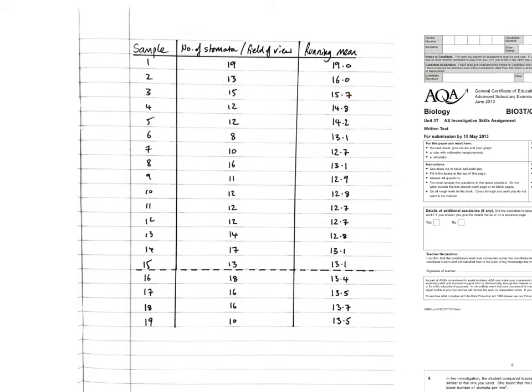But I got to 15 and I got 13.1 twice, but it was heading upwards. It's gone 12.7, 12.8, 13.1, 13.1. So I did another one to confirm it was 13.1, but it carried on going up, and then I stopped when it came down again. It's quite subjective when to stop on a running mean. The more you do, the better. But if you just did 3, it wouldn't be suitable for this kind of